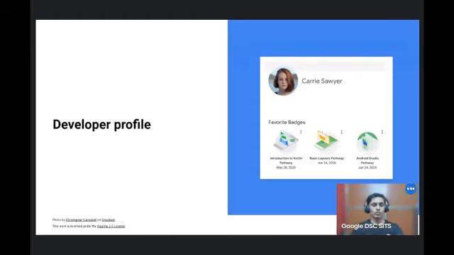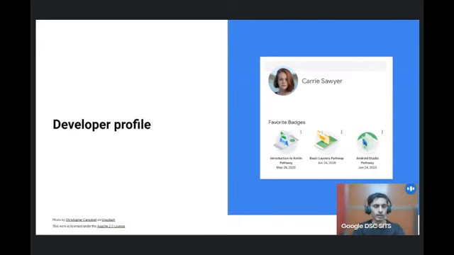Okay, so before starting this course, you all have to create a developer profile. On the developer profile, you will be able to see the badges you have earned in the course. Also, when you are completing the course, you have to make sure that you have logged in from the same account. For creating the developer profile, you'll need one link.